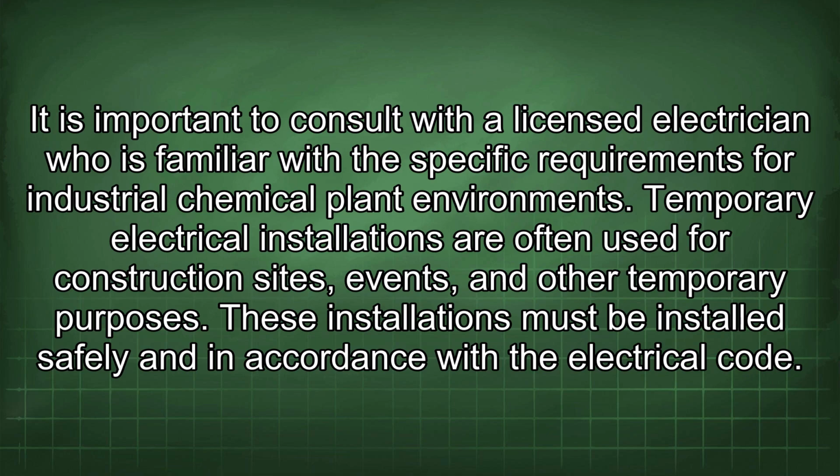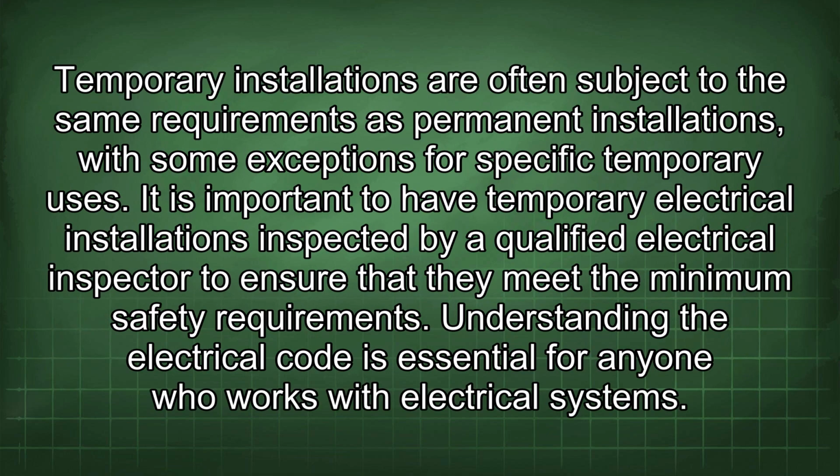environments. Temporary electrical installations are often used for construction sites, events, and other temporary purposes. These installations must be installed safely and in accordance with the electrical code. Temporary installations are often subject to the same requirements as permanent installations, with some exceptions for specific temporary uses. It is important to have temporary electrical installations inspected by a qualified electrical inspector to ensure that they meet the